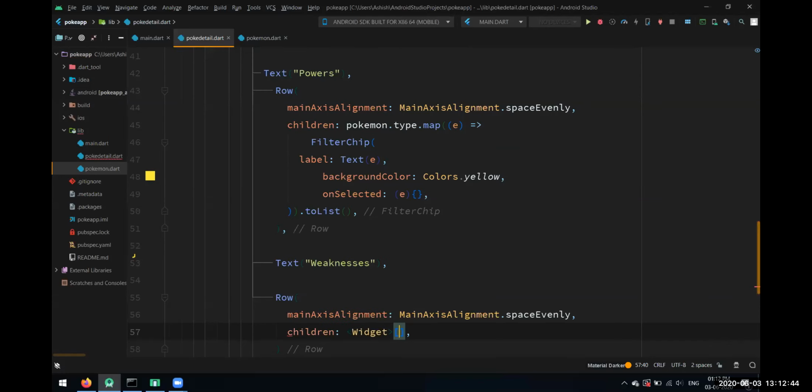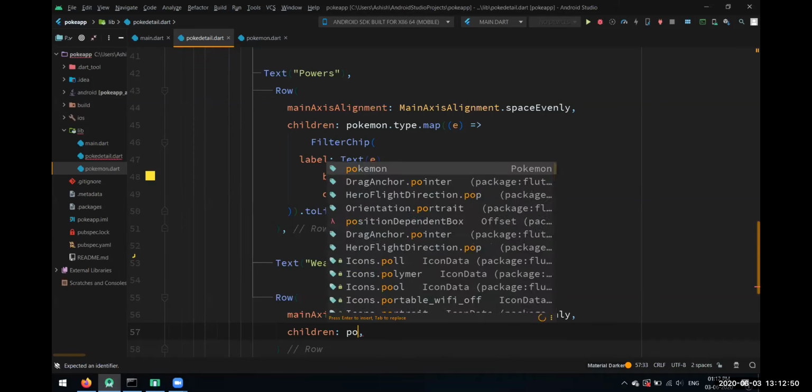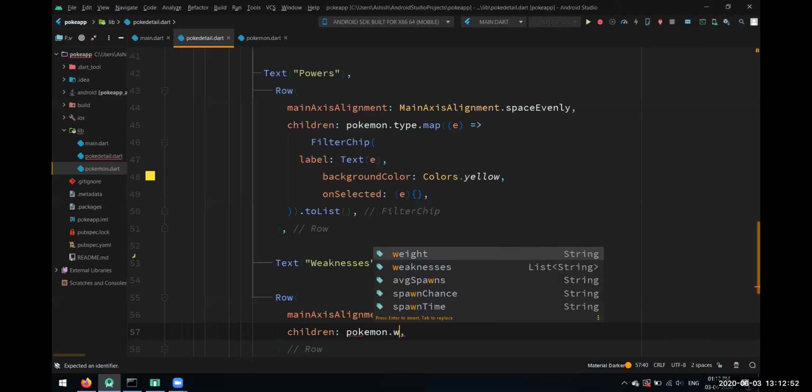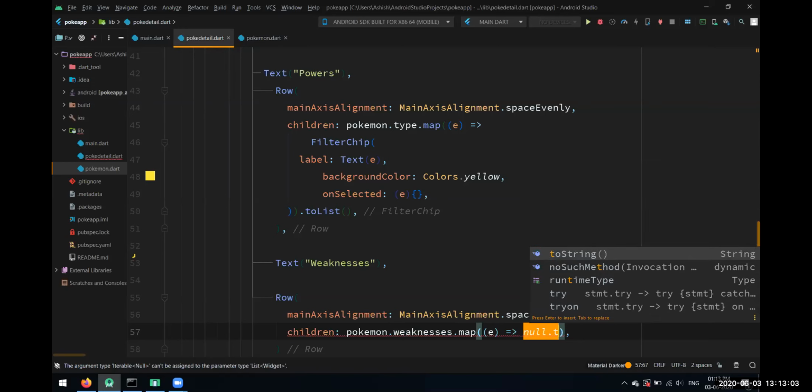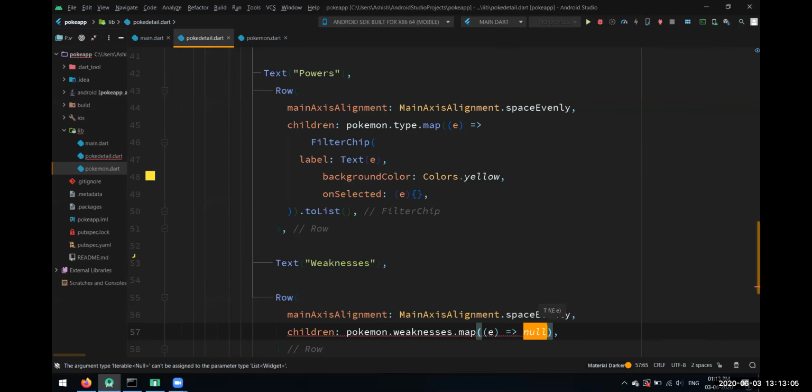Children, we'll give it children as Pokemon dot weaknesses. Weaknesses also gives us a list of strings. So we'll use this map method and firstly do this to list so that it doesn't throw any error.